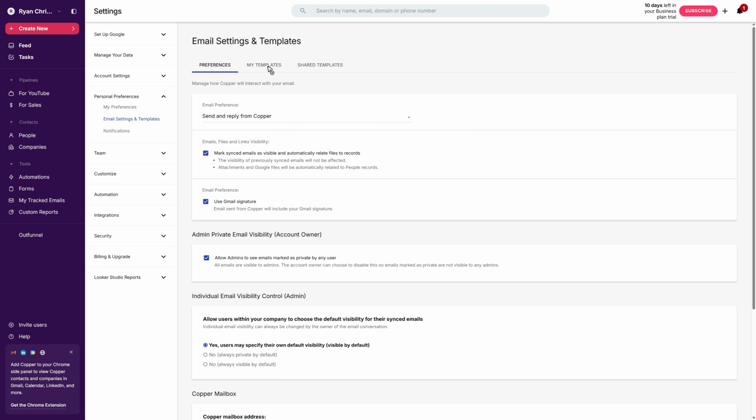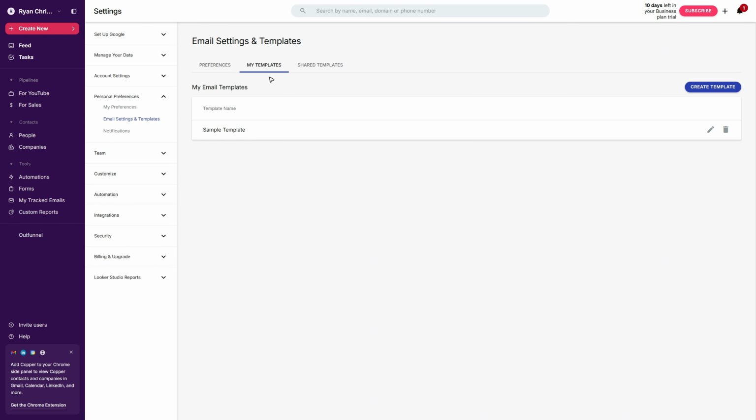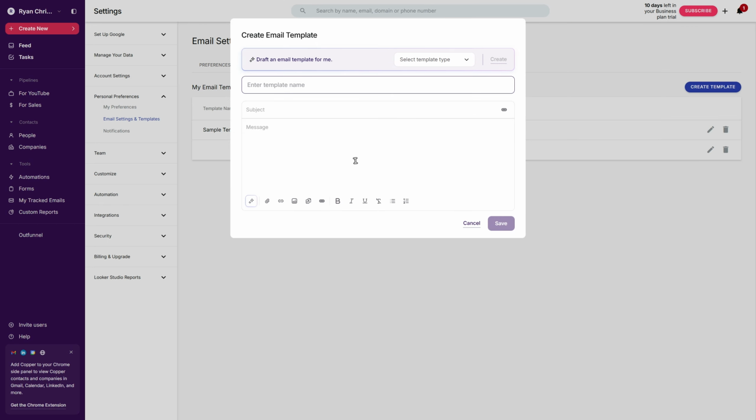Now in here, you have the option My Templates. Click on this tab. Now what you'll do is just click on Create Template. Now give this template a name, for example, Personalized email. And if you want to, you could choose to work with AI,